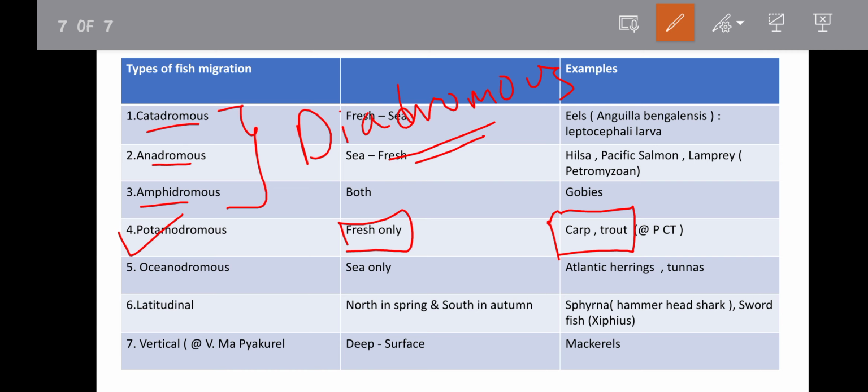And let's move to another, that's Oceanodromous. Oceanodromous is the opposite of this, only sea. Potamodromous is only fresh and Oceanodromous is only sea. Examples of Oceanodromous are Atlantic herrings and tunas. Ocean you can remember as sea, and the opposite of ocean means fresh. In the examples, you have to memorize that Oceanodromous means Atlantic herring and tunas. Okay, and last one,